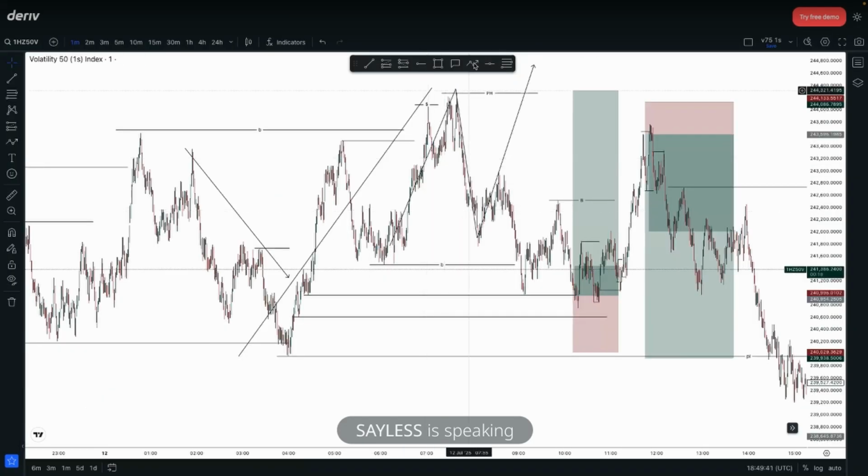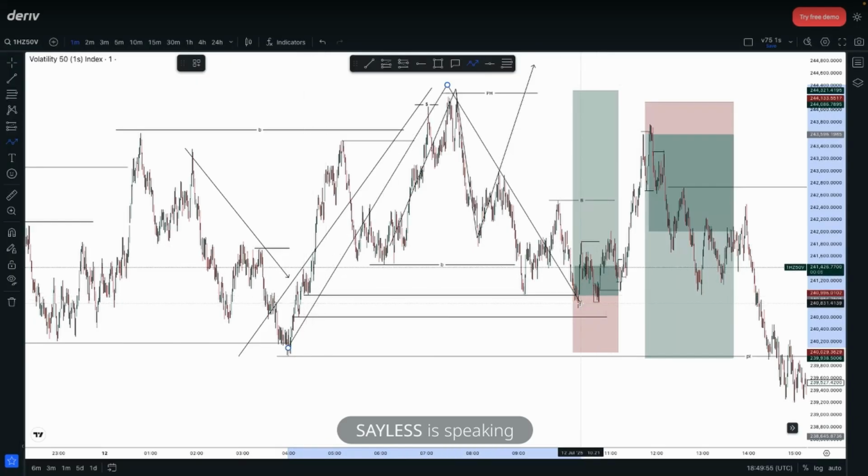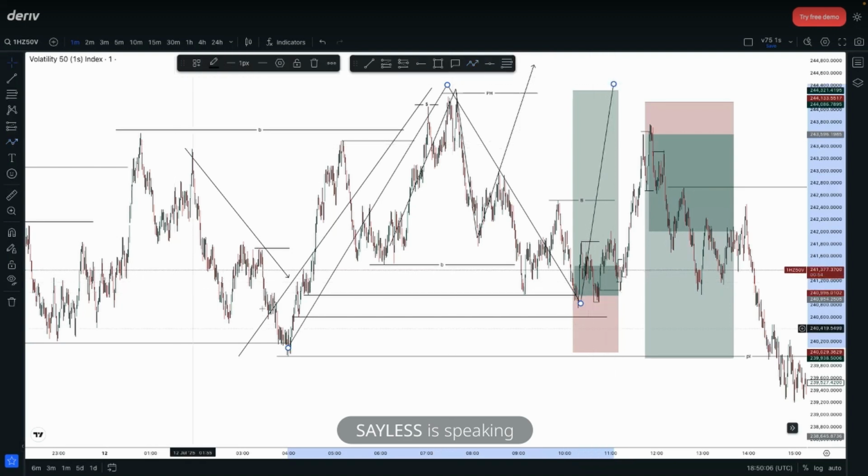So if you are talking about this move, this whole move that broke this structure, you would expect a retracement. Where are you expecting the retracement to? Liquidity, where it came and took that liquidity here. All right, it took that liquidity. And if this is a complete circle, what did you expect? A reaction. Now this reaction in this case, you would expect it to go above the last break of structure, because now you are trading in the direction of the market. Okay, you are trading in the direction of the market, so you are expecting it to go and take that